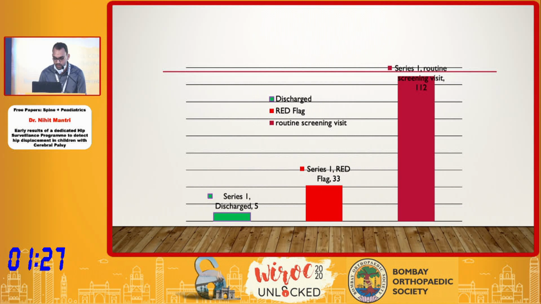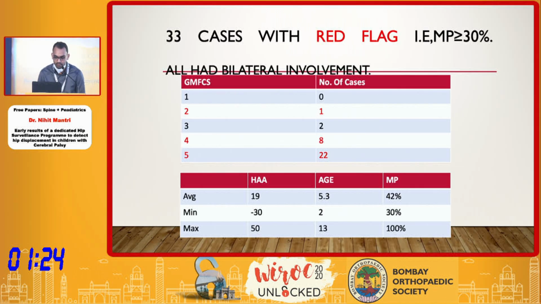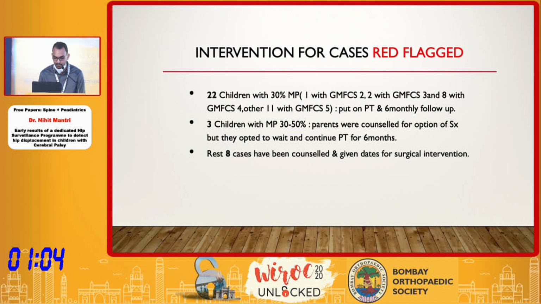33 patients were diagnosed as red flag patients, which meant that migration percentage was greater than 30%, in which GMFCS 4 and 5 accounted for 90% of the patients. The hip abduction angle average was 19, with a range of -30 to 50 degrees. Average age was 5.3, with a range of 2 to 13 years, and migration percentage was 42%, with a range of 30 to 100%. In interventions, 22 children with around 30% migration were put on physiotherapy and 6-monthly follow-up,